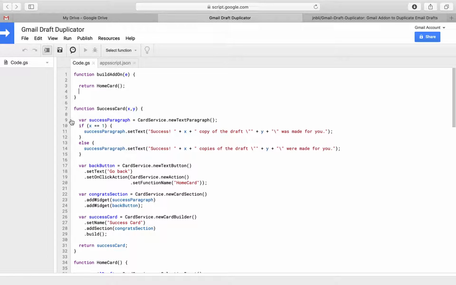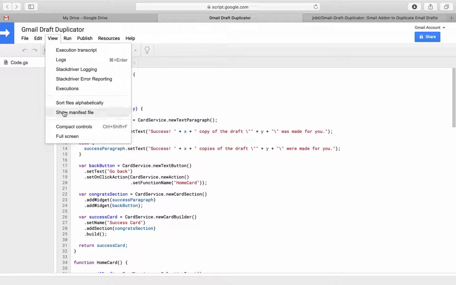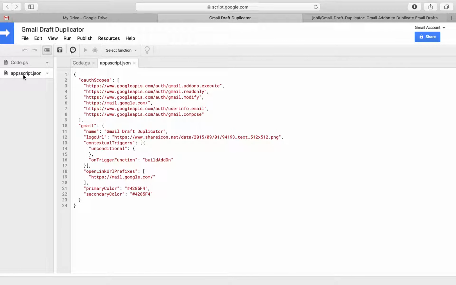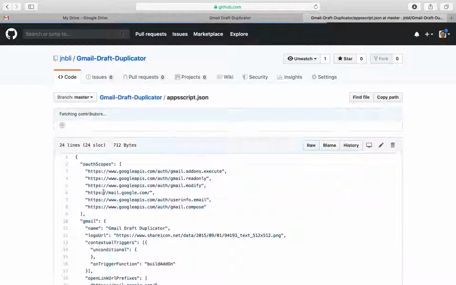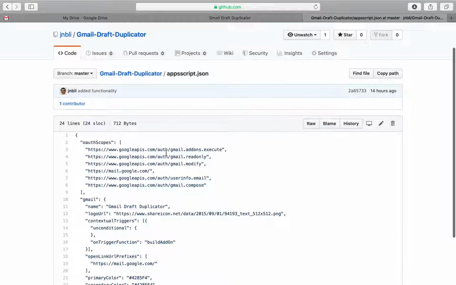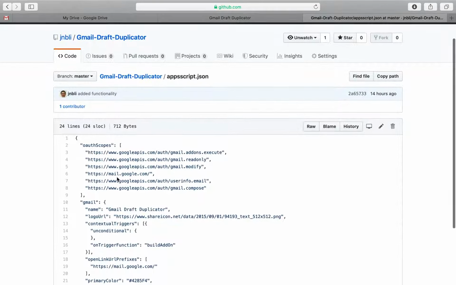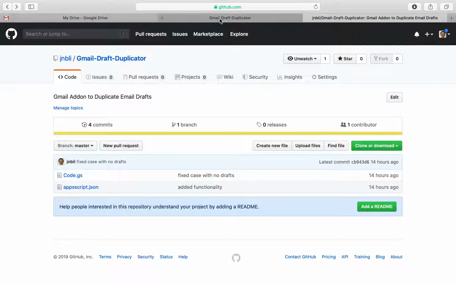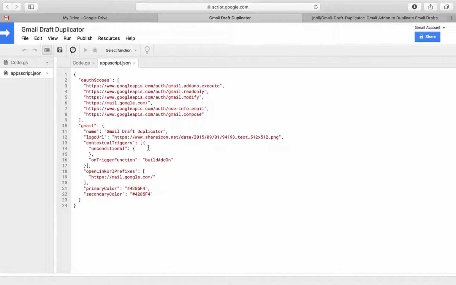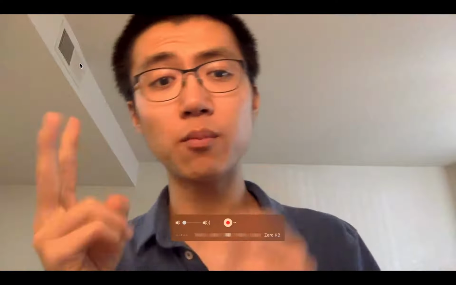And you'll say, oh shoot, where's the appscript.json? Make sure you click on Show Manifest File, and then it'll show the file, and then you can copy over the code inside of this appscript.json. Just basically copy all of this code, and paste it into this appscript.json. Anyway, once that's out of the way and you have both of those files in your Google AppScript project,